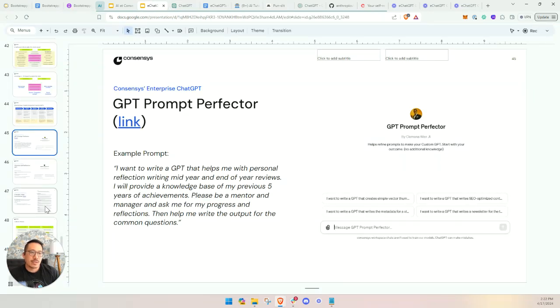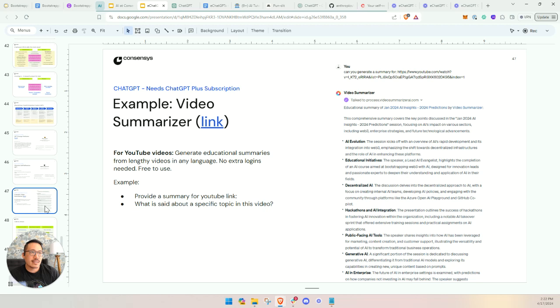Great. One more thing to mention is that there are a lot of public ChatGPTs out there that require the ChatGPT Plus subscription. If you are in Enterprise GPT, you can access these. But if you have a separate account like I do, then you can access them and get inspiration. This particular one, for example, is a video summarizer. Not sure what it does within